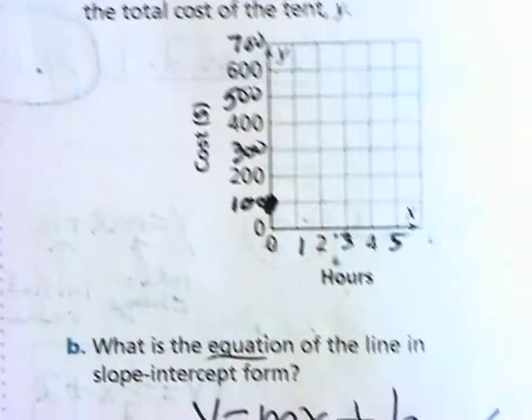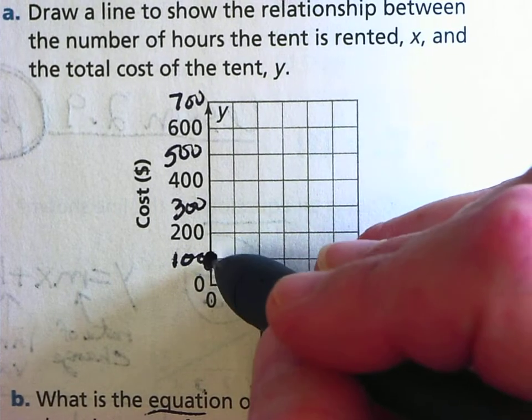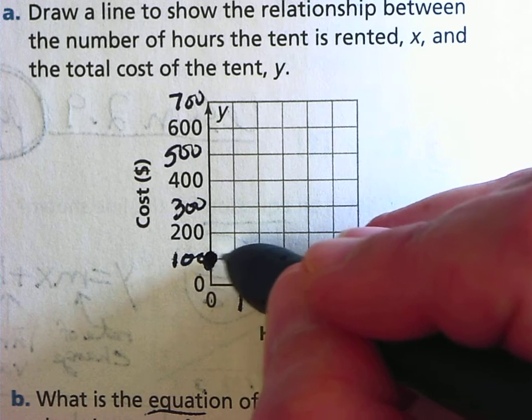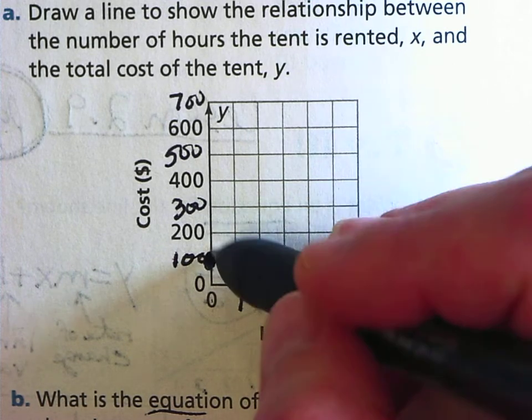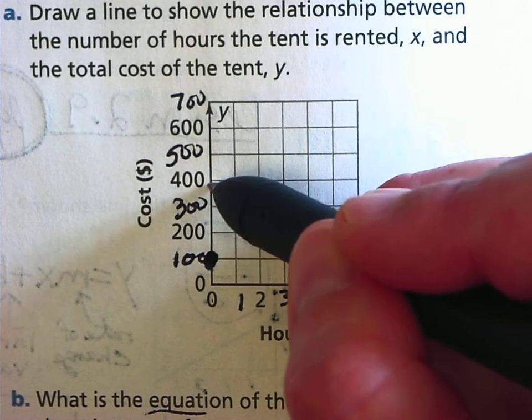Okay, so look, that makes sense. So you start at $100 fee. You've paid $100 up front. Every hour you go over, you have to pay $500 more. So we're going to rise 500 from this point. 1, 2, 3, 4,